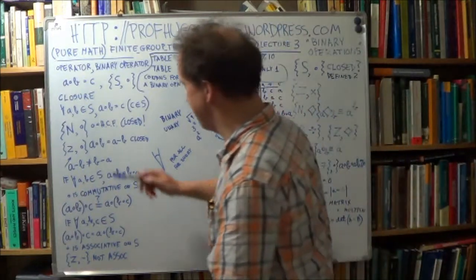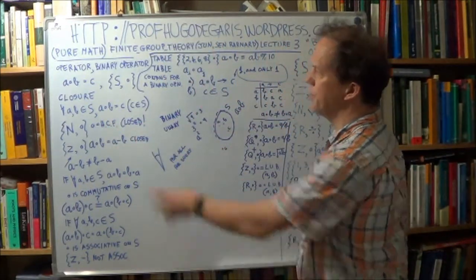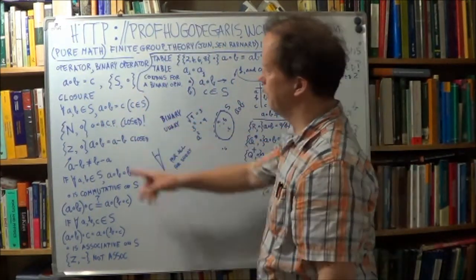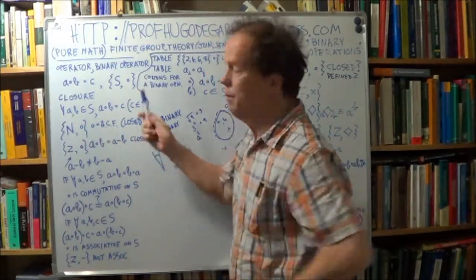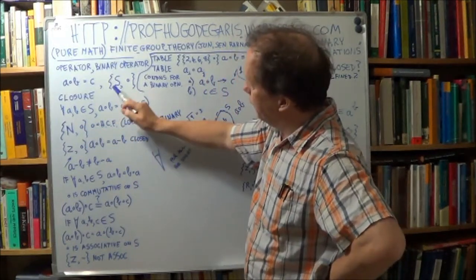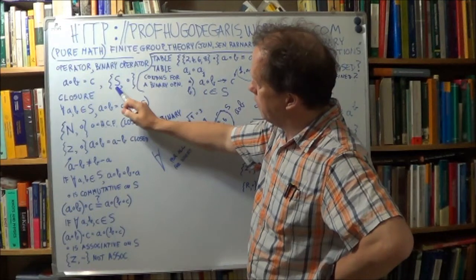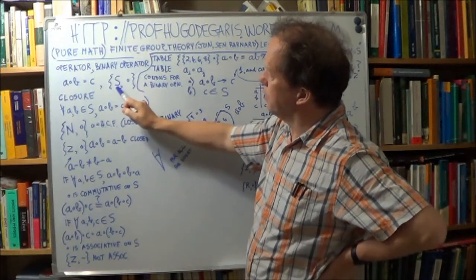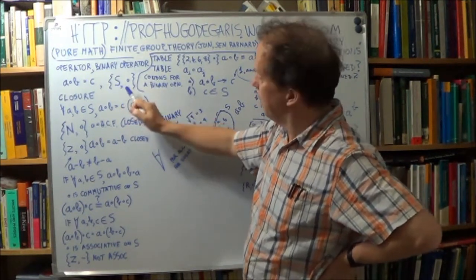Okay, here's some examples. Now notice, in general, I'm putting a set here in abstract form. So we've got a set S and a binary operator